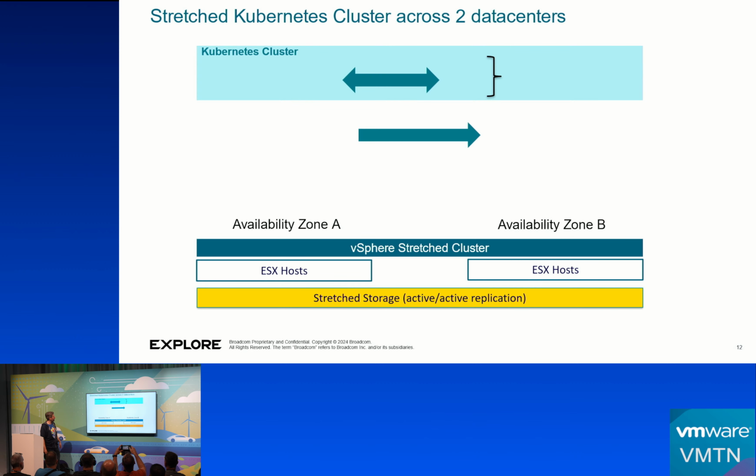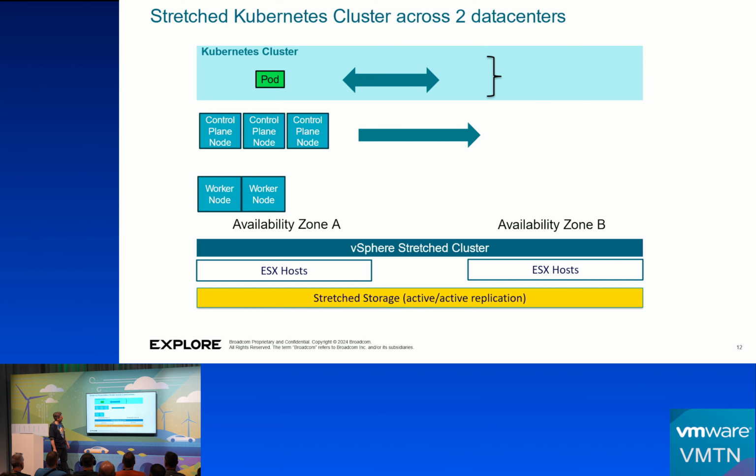The animation is a bit weird. So, what if we have a stretched cluster, right? 2 data centers, that's what many people in Europe have. Well, we all know this bit. If I take a Kubernetes cluster, I can maybe do this, but then, do I place it all on one side? Do I take the control plane and kind of spread the control plane across the data centers? The answer is no, because this is a 3-way quorum system, and you can't divide that by 2.